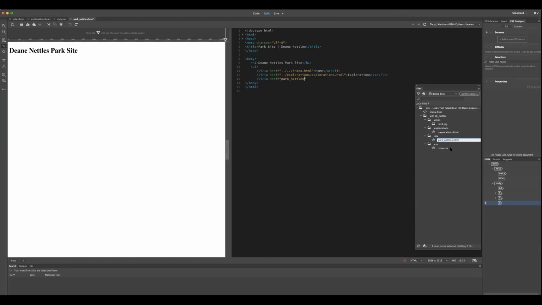I'm going to go here and fix the spelling. Okay. Park nettles .html and park site, close li, and close ul, and then I'm going to take that ul, delete the tab, and like that. And then